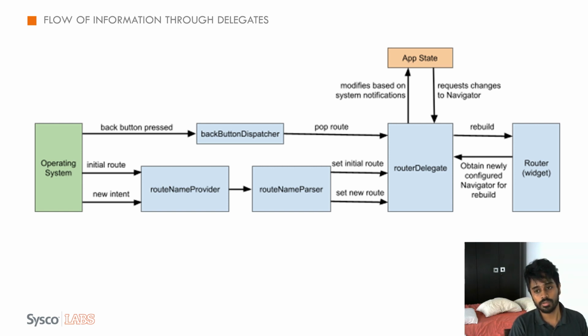This is basically to handle this stack of routes, so you can generate this stack of routes depending on the URL, and then you can notify the router that this stack of routes is now different, rebuild the navigator. So then you can call the notify listeners method, and the router will build the navigator for you, and you can handle all this pop routing also from the back button press.